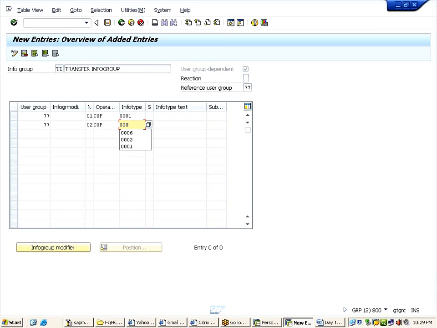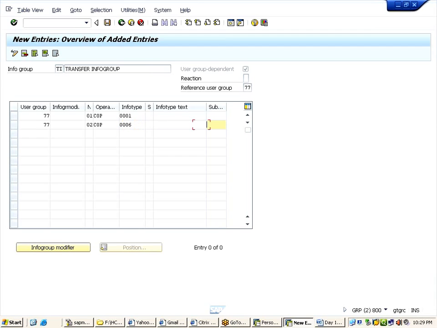So I want to copy the address and update it. So I am calling address. Which address? Permanent address. Like this, you call how many info types you want for this info group and save.